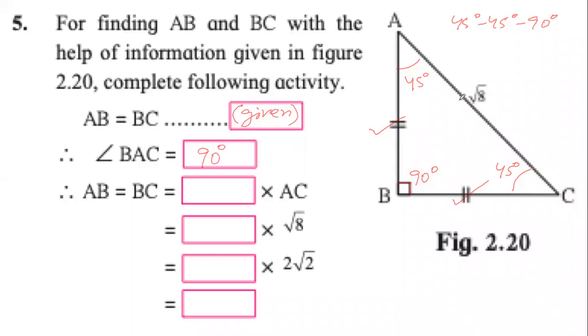Now, when we have such a triangle, an isosceles right angle triangle, we said the sides will be 1 by root 2 times the hypotenuse. This we studied last year, we revised this year and this morning. So, AB will be equal to BC will be equal to 1 by root 2 into AC. AC is the hypotenuse. AC is also root 2. So that is what has happened in this step. So we don't need to do anything here. It remains as 1 by root 2.